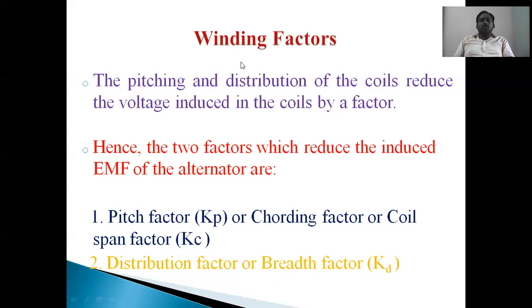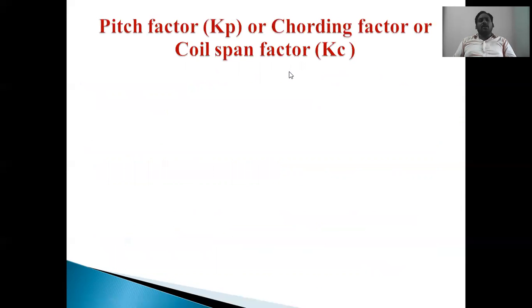So now we will see how to calculate these factors. When we calculate these factors, only then can we calculate how much generator voltage can actually be produced, in the ideal case. That depends upon these two factors. While determining these two factors, we can easily calculate the amount of generated voltage in the alternator by using the respective EMF equation of the alternator.